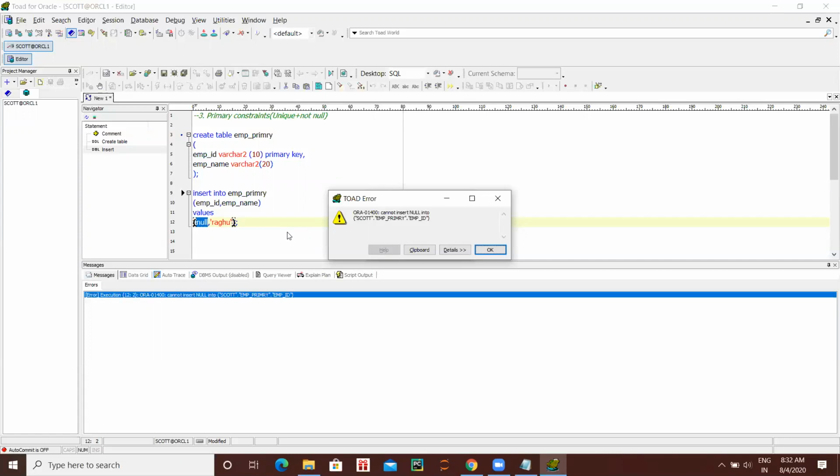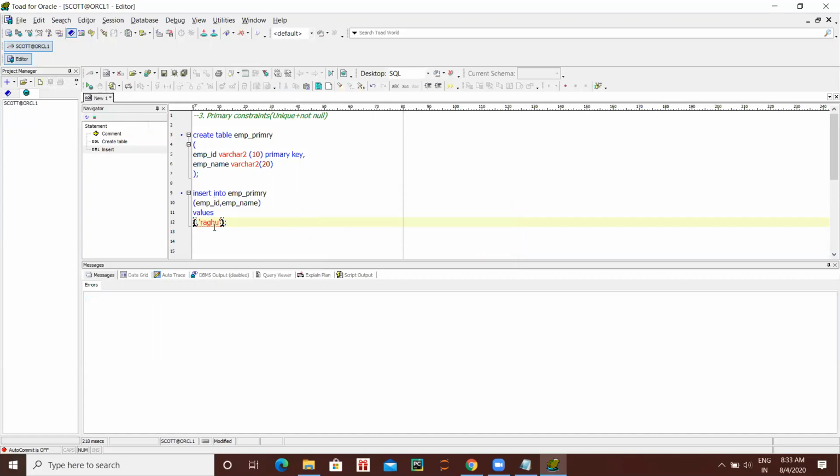Now let's insert some number. Instead of null, write some number: 10, 20, 30, 1, 2, 3, whatever you want to write. Now run it. One row inserted. Now select star from the table.